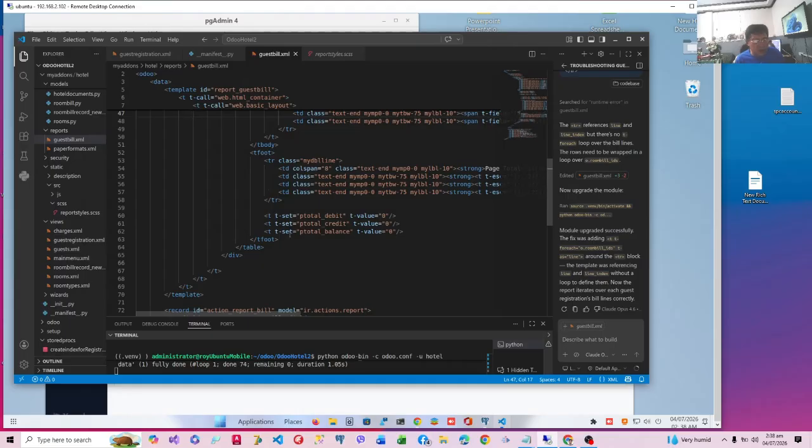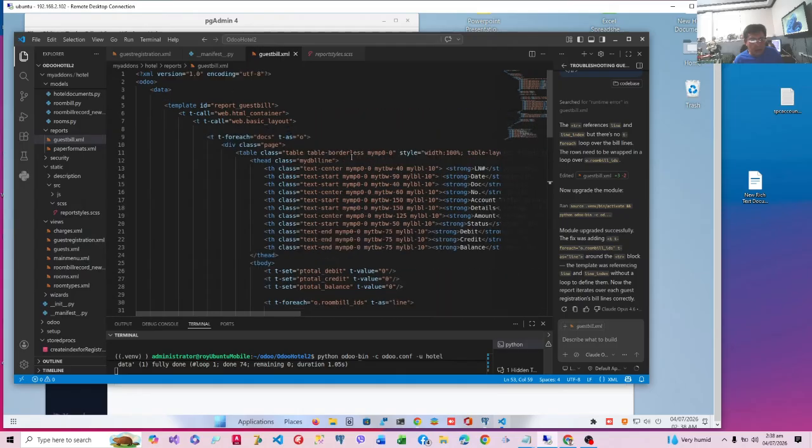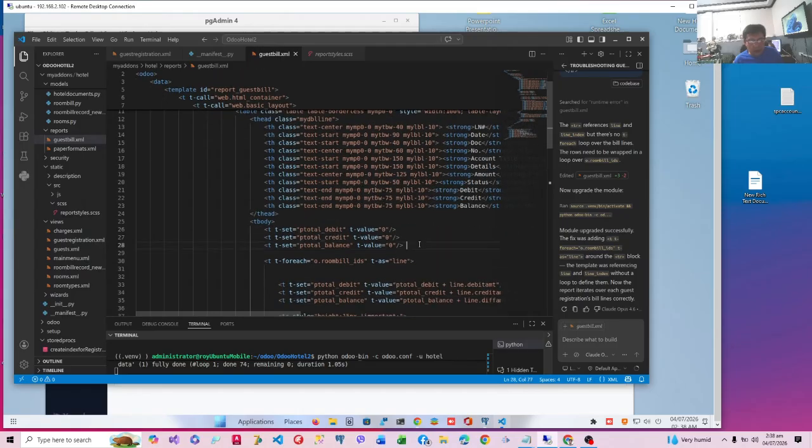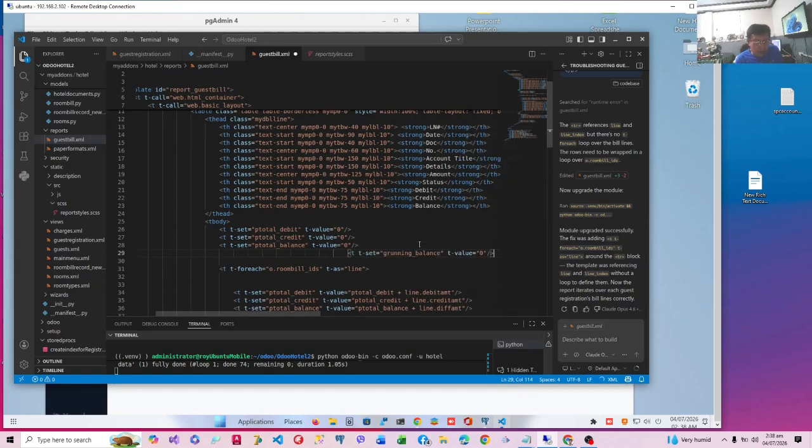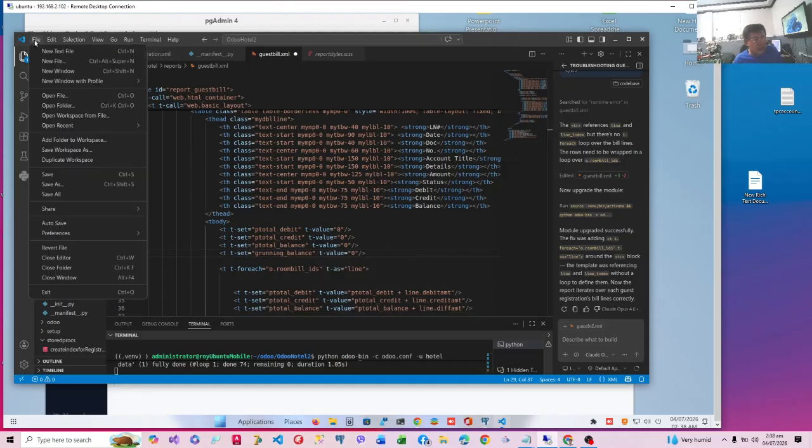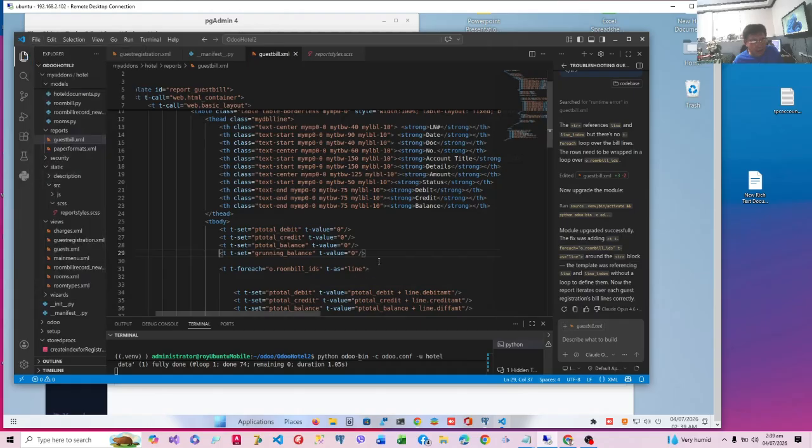Usually we will have a running balance. So let's compute the running balance. Let's introduce another variable called G. G means grand total. Where did we compute? Inside the for each loop. So we'll introduce a fourth variable, running balance, which is set to 0. Now, unlike the other variables, we are not going to initialize this at the footer every time. Although we are also going to increment this inside the for each loop.